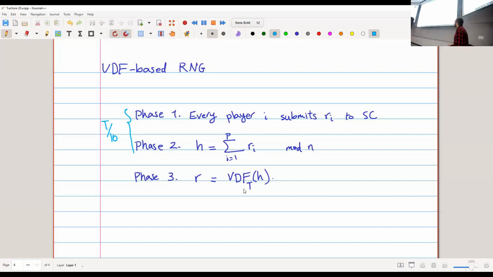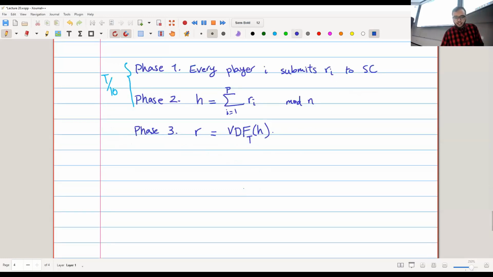And then, of course, after phase 1 and phase 2 end, everyone can compute R, because H is just computed, let's say, in the smart contract, and then it's just an evaluation of the VDF. So anyone can compute the evaluation of the VDF. Very importantly, we don't evaluate the VDF on chain in a smart contract, because then we would have to pay T units of gas, which will make us bankrupt. But someone else, one of the players outside, computes this VDF, spends the T units of time, and then in phase 4, they submit the value of the VDF to the smart contract. So someone, it doesn't matter who,